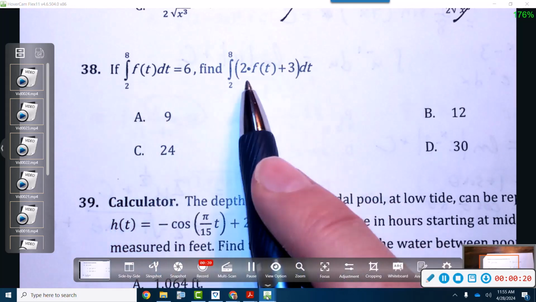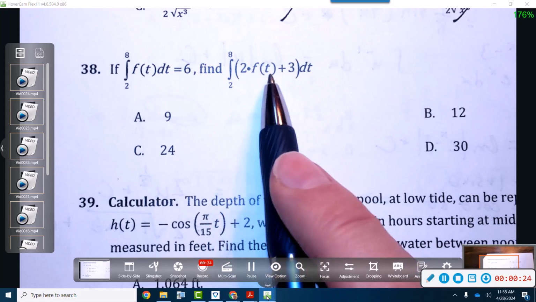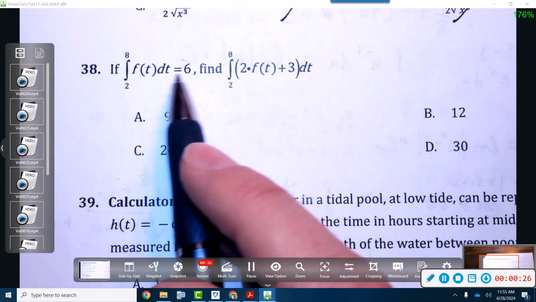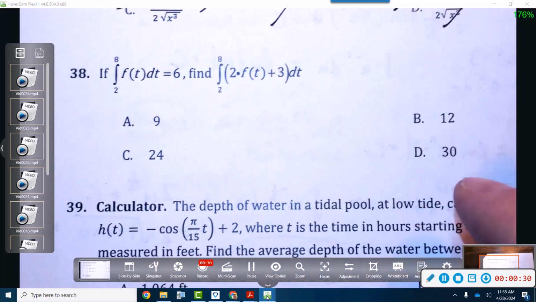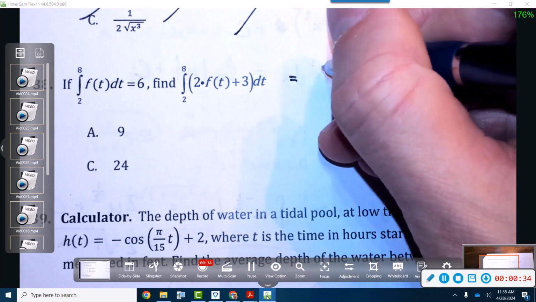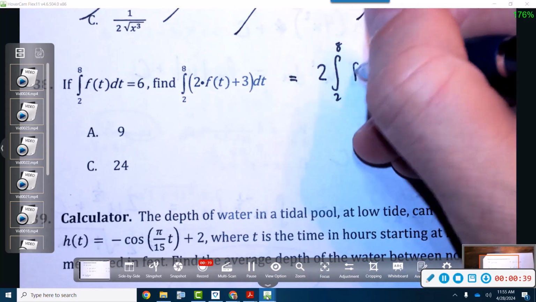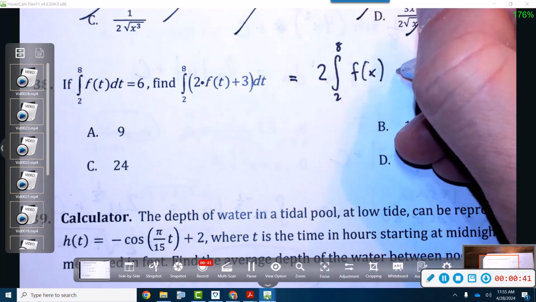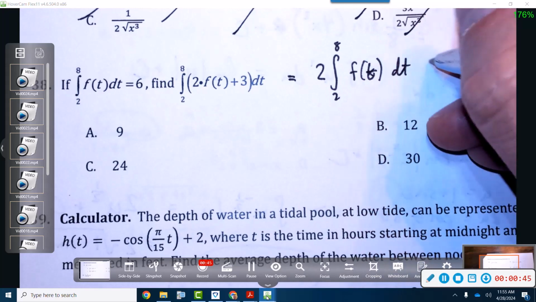So here we got some baggage. What we're going to do is isolate this f of t so that it'll equal this, that's 6, but let's see what we do with the other things, okay? So let's go ahead and separate first the 2, f of t dt plus,